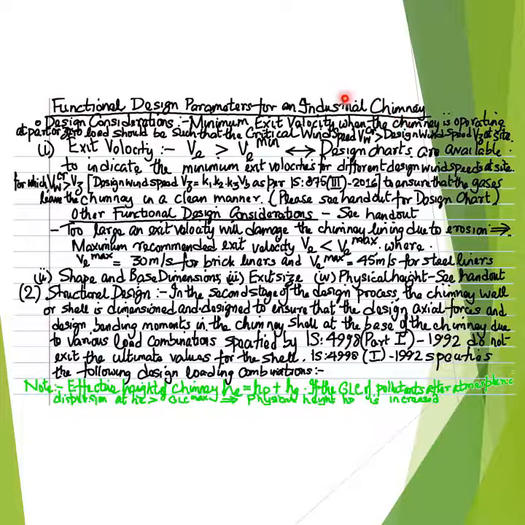The minimum exit velocity, even when the chimney is operating at part load or zero load, for example, when the plant is inoperational, should be such that the critical wind speed, denoted as V subscript W superscript CR, at which the wind is able to shear off the emerging gas plume from the top of the chimney, thus resulting in undesirable excessive deposition of pollutants in the airstream, is greater than the design wind speed, denoted as V subscript Z,